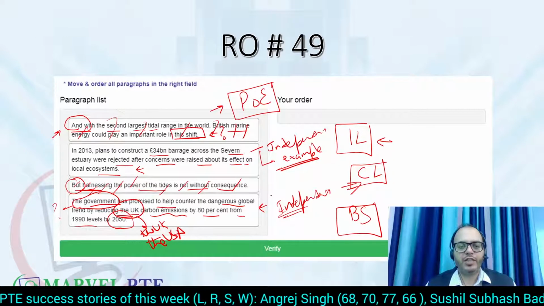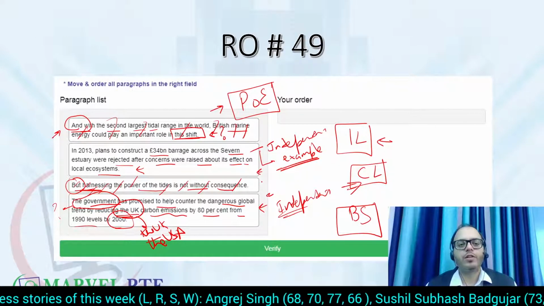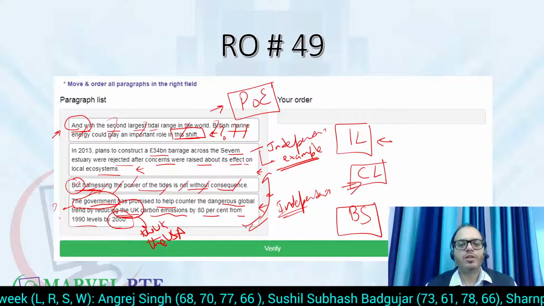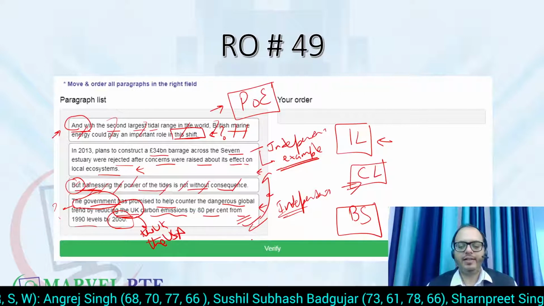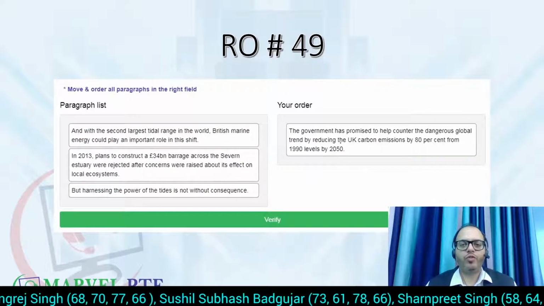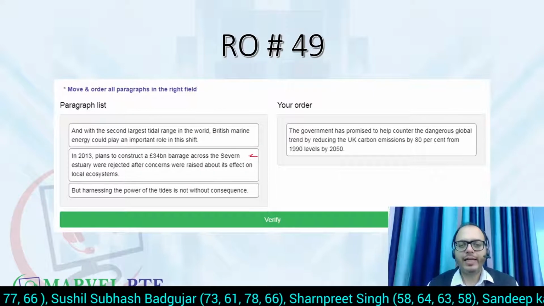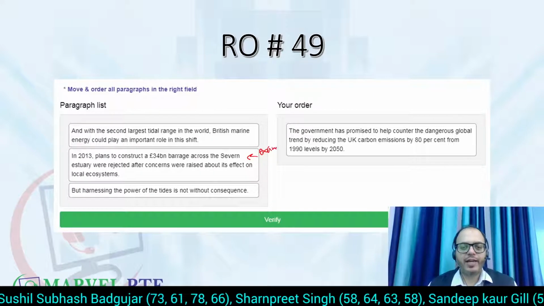कौन सी general statement है, ये वाली या ये वाली? The answer is this one, and this is looking like an example. So this is going to be your independent line. Okay, so we have dragged it over there. Now let's see. अब आपको थोड़ा सा आइडिया है कि एग्जाम्पल है तो ये लास्ट में आएगा, बट लेट्स सी